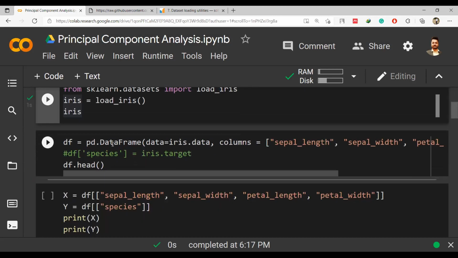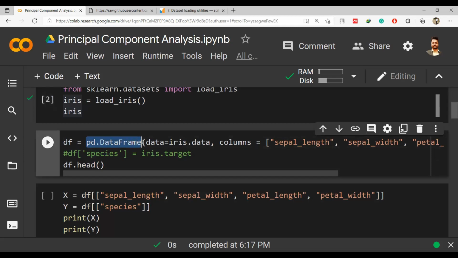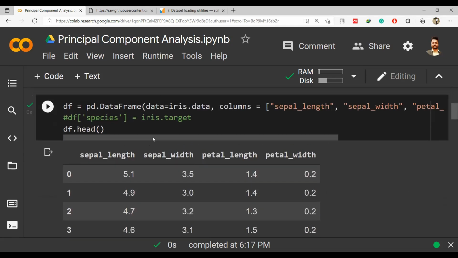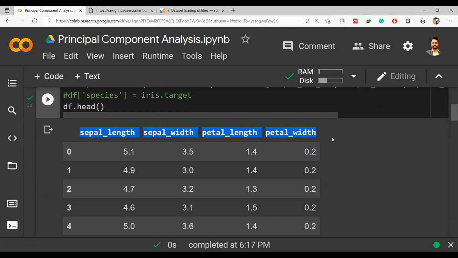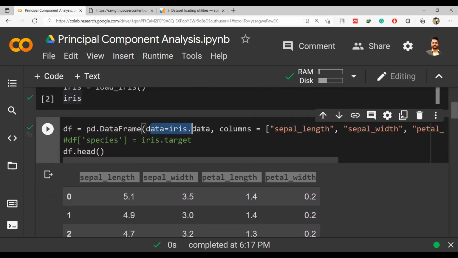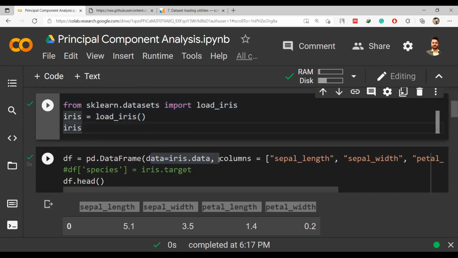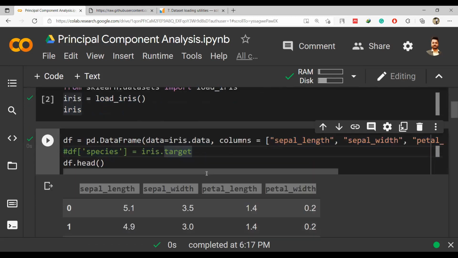And then after that, if I want to see my data frame, just by doing this, pd.DataFrame is a command to make a fresh data frame in which we are giving the data and the columns. These 2 things have to be given, then only the data frame will be made. So this df.head will return me the top 5 rows of this data frame. And in this data frame right now, we have only 4 columns because we have given only 4 columns out of this iris.data, which I showed you earlier. This data component had only 4 things. Columns were these and names have been given as they are.